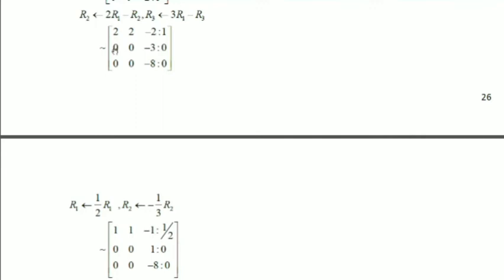Now, in the second row, this is the leading non-zero entry. We have to make this one as 1. Since there are no other non-zero entries, I'll divide now itself by minus 3, or multiply by minus 1 by 3. Minus 1 by 3 into 0 is 0, minus 1 by 3 into 0 is 0, minus 1 by 3 into minus 3 is 1, and 0 into minus 1 by 3 is 0. So we have made the second row leading non-zero entry as 1.